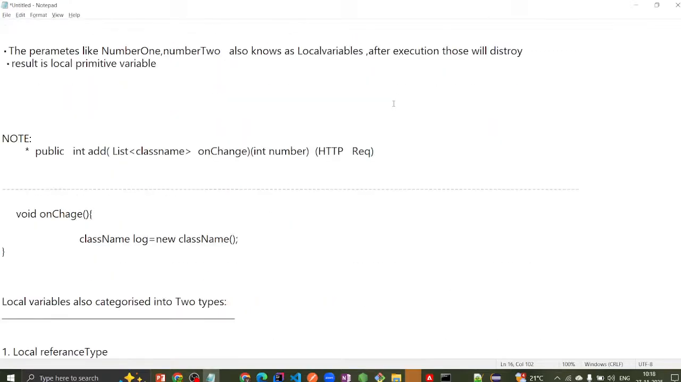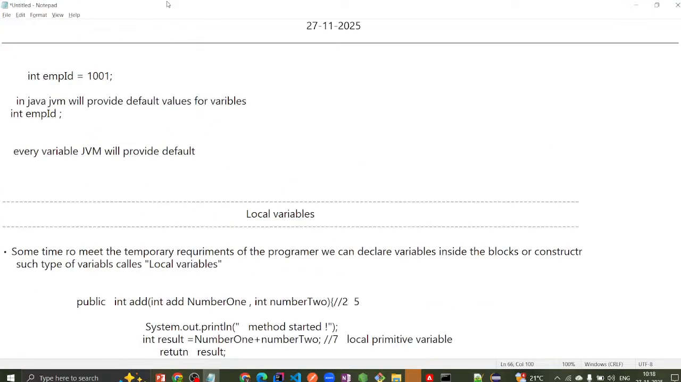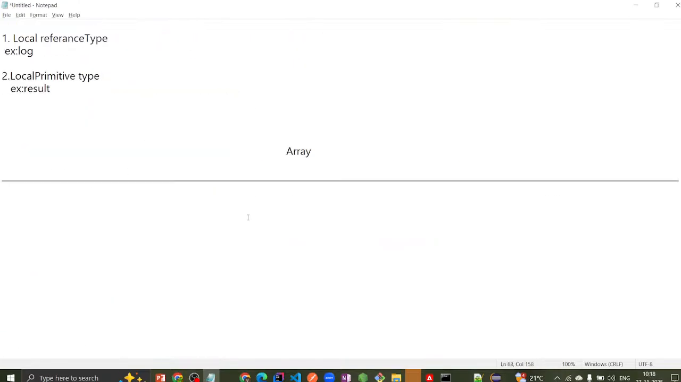Now, this is the introduction about arrays. Now we'll start arrays. Our topic is array. Fine. So how to declare one variable? Integer number equal to, let me take any random value. Fine. My requirement is,